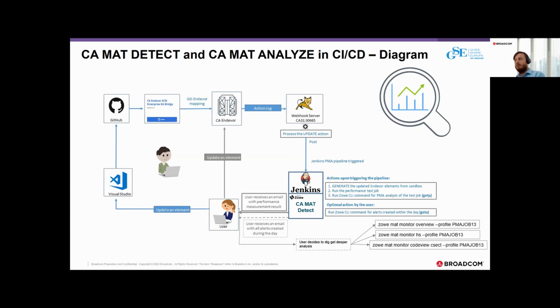But since we have it in the pipeline and we want to make it more user-friendly for her, we are providing automated email reports. So whenever the performance is being judged, all the commands are happening in the background, and she receives a performance report. Whenever a dreadful situation or performance degradation happens, she would receive an alert type of email. In that case, our CMAT analyze component, backed up by CA mainframe application tuner itself, would kick in and